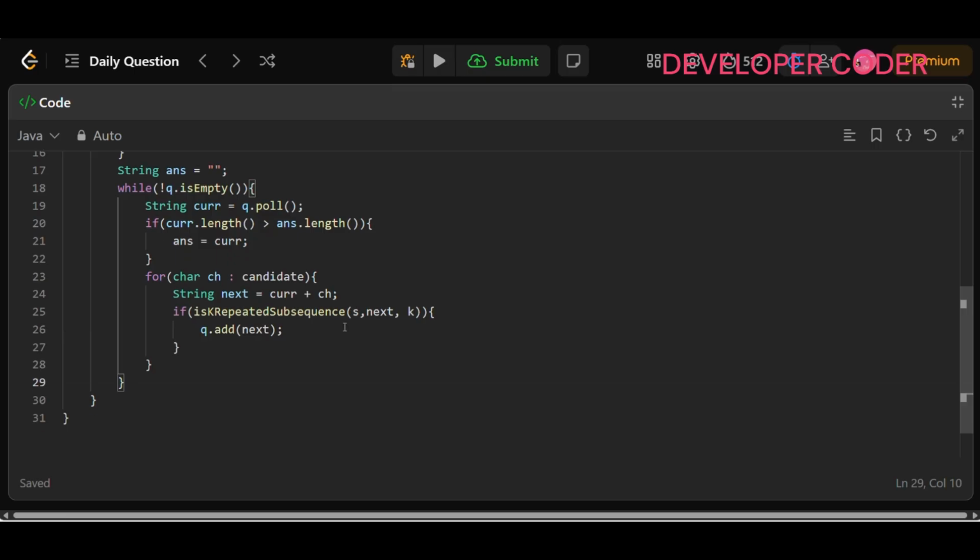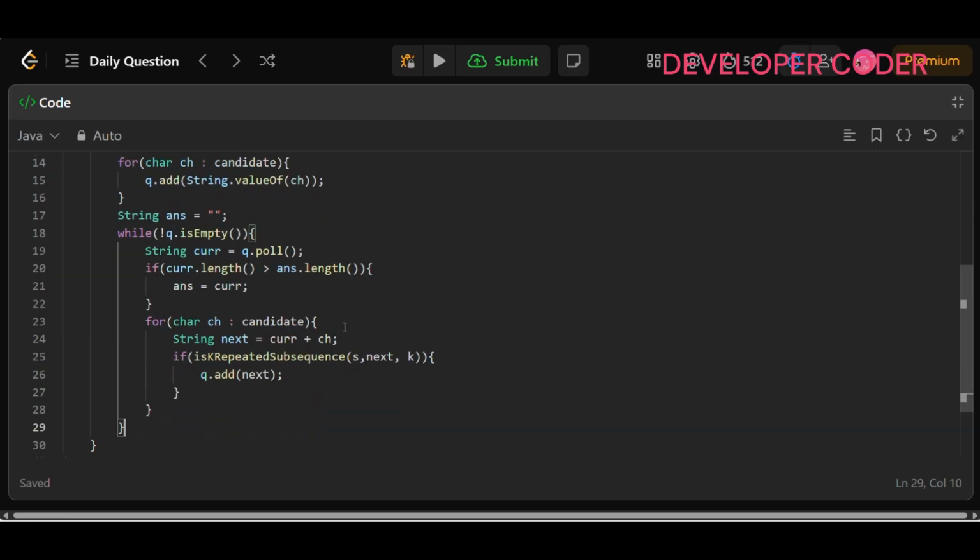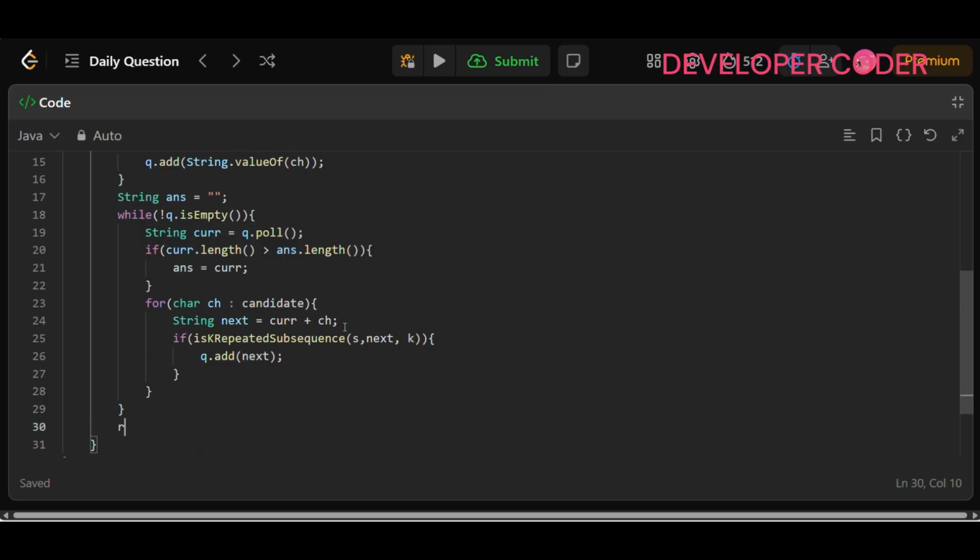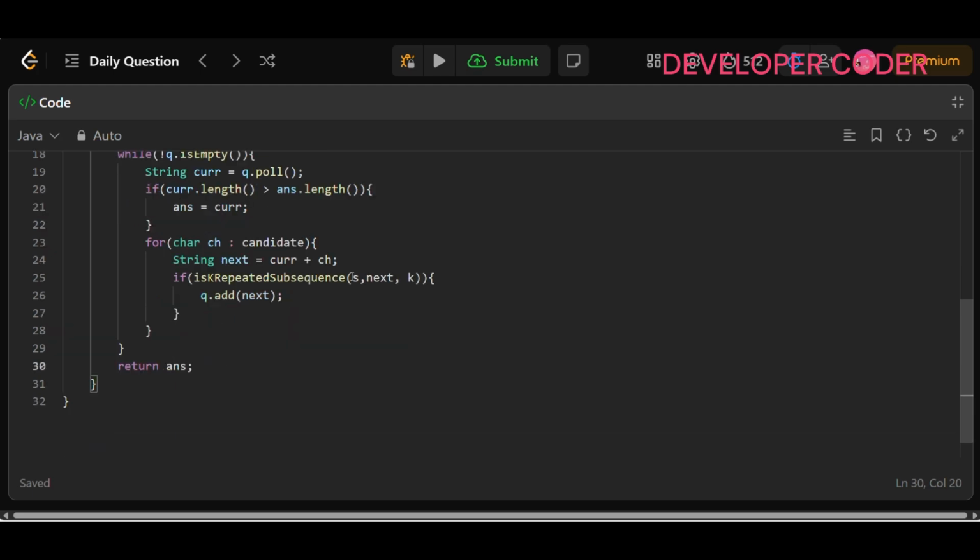This while loop ends here, right? So what I'm going to do, I'm simply going to return answer from here. That's it. Done. Now let's write this method. Very simple code, nothing complex. This is also very simple. So here what we need to do,